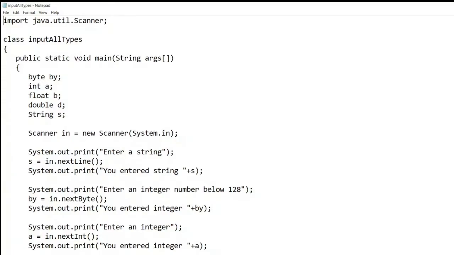Visible? Sir, what is the use of s equal to in dot nextLine? Then what is this? This one, na? So what are you using here? Actually, the first aim is to read the user input. Correct. So there are some predefined methods which are used to store the input characters provided by the user.